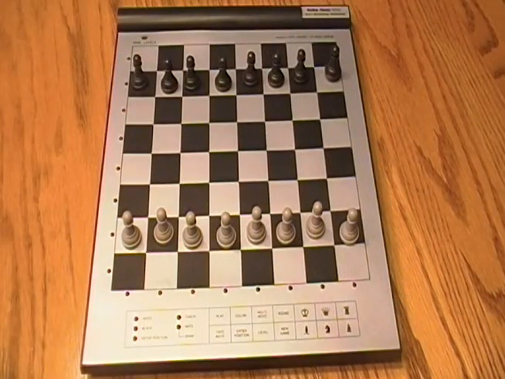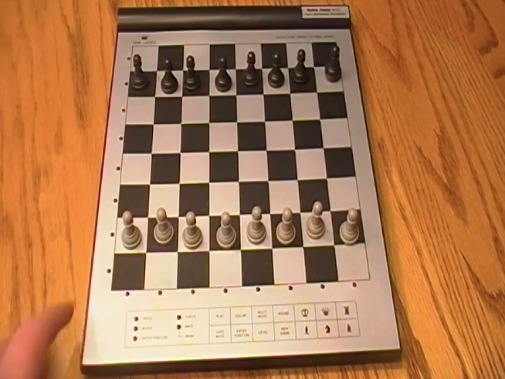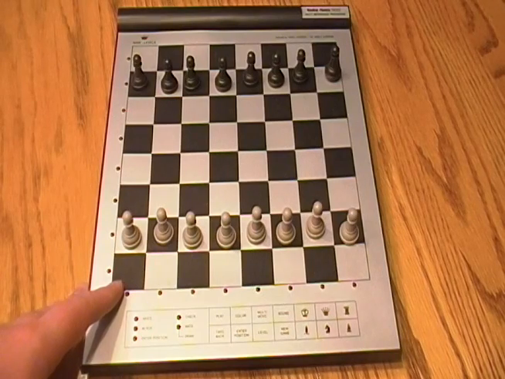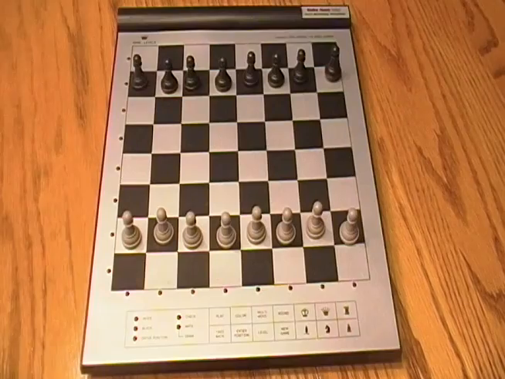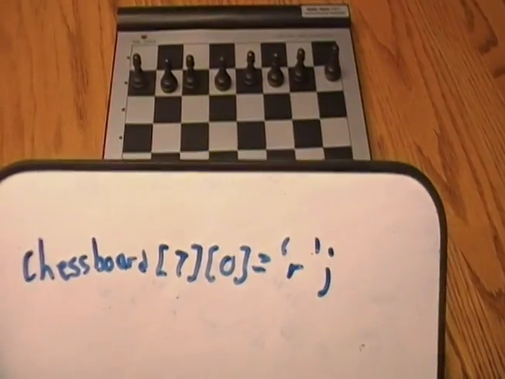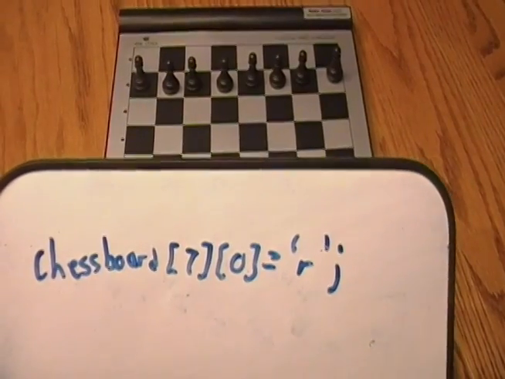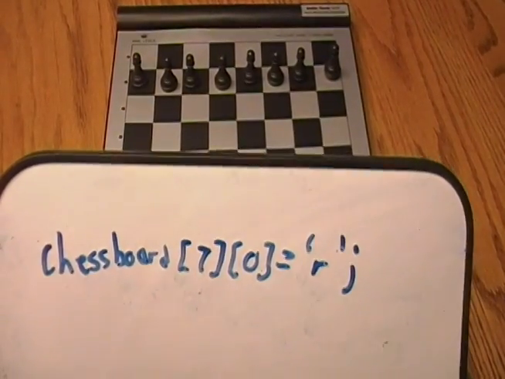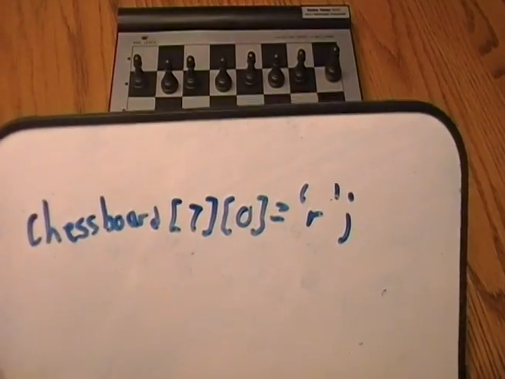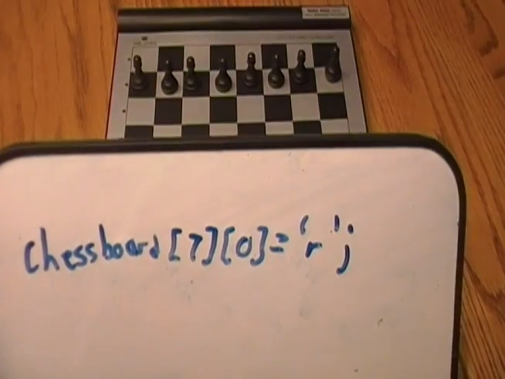Now that we have put the pawns onto the chessboard, we can begin to put the other pieces onto the chessboard. So, if we wanted to put the white rook right here, that would be row 7, column 0. So you would use code that looks like this. So in 2D arrays, the row always comes before the column. So this would fill the first space in the last row with a rook,